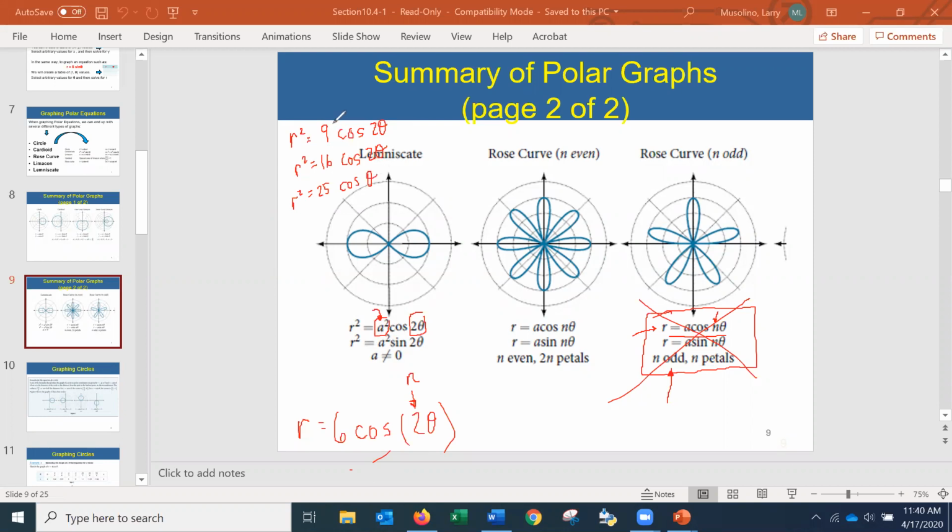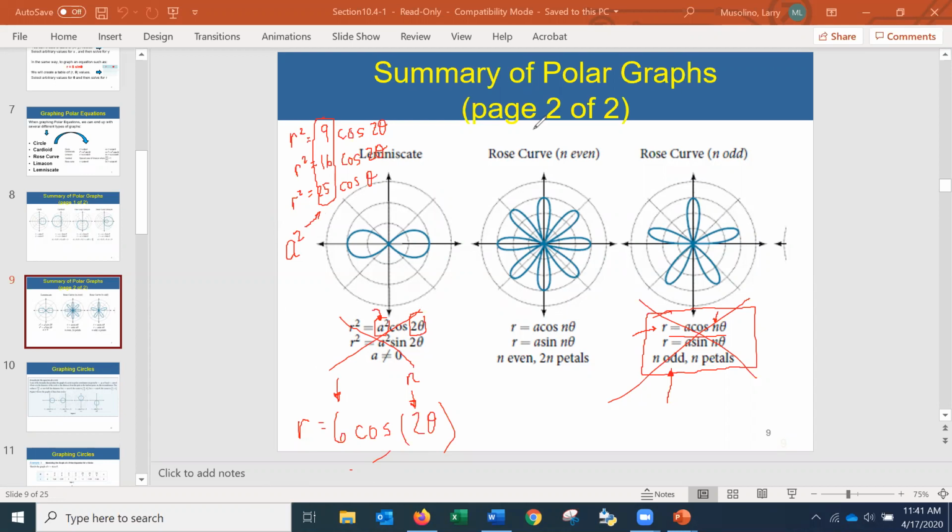Can you notice all these numbers in front are perfect squares, meaning they represent some integer squared. But that's not what we have, because we have the number 6. 6 isn't a perfect square. I can't write 6 as an integer squared. So the lemniscate is out, because my equation really doesn't match up to the a squared part of the lemniscate equation.